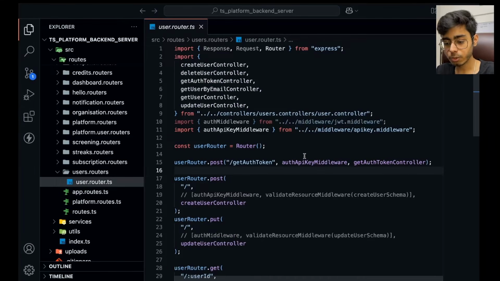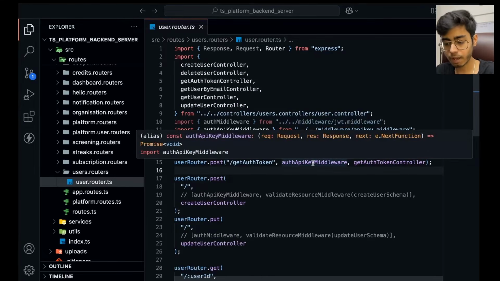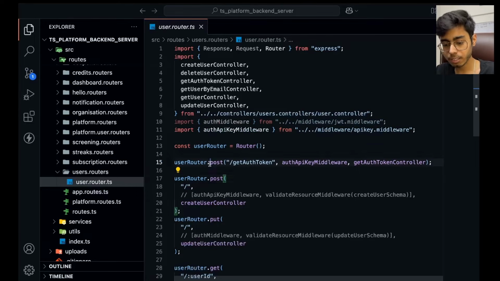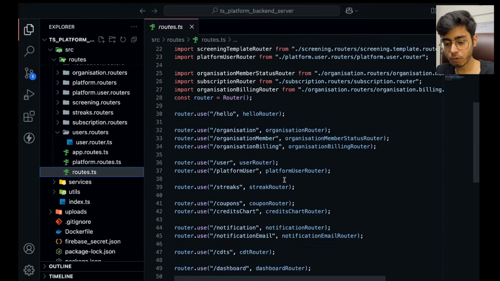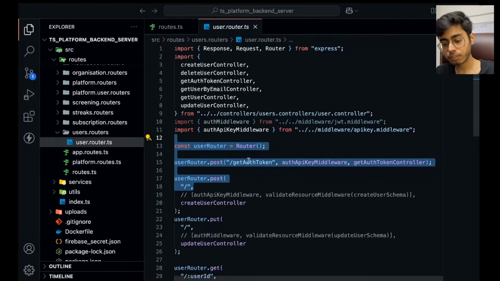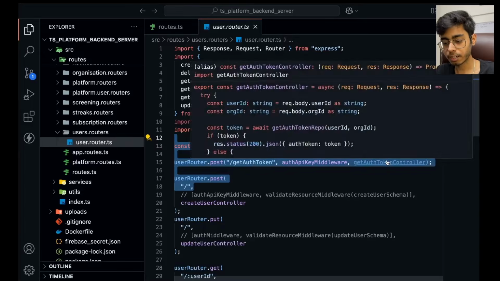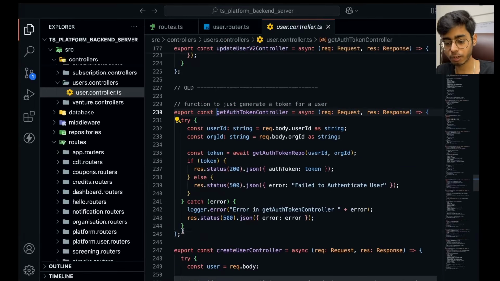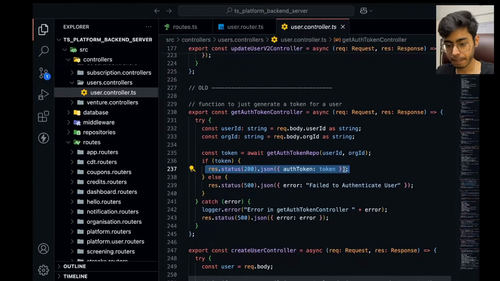Over here, you can see that I have some middleware. I'll come to that. There is a separate question for this, but this POST call is there, and you can see in the routes, you have to define all of your routes. Like for the user, I have defined /user, right? So this is redirecting to the user router. So go over here, and after that /getAuthToken, then it is redirecting to this function. Now this is a simple JavaScript TypeScript function, right? So this is how it is done, and you can see it is sending me the response back with the correct status code. I have a question for this, so we'll come to this. So I have a request, then the server does some logical things, and then sends the response back to your client. I hope this makes sense.